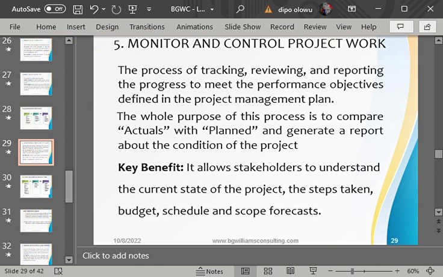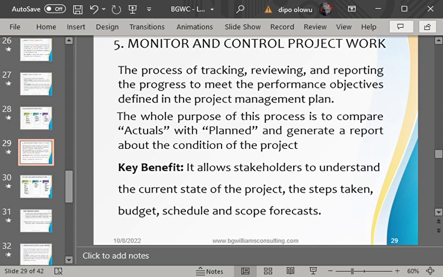So which means from the moment you are starting the discussion of the project, putting plans together, you're supposed to start monitoring so that nobody changes the plan. So don't wait until the work has been done before you start doing your monitoring and control. As a proactive project manager, your monitoring and control actually starts from the moment you are having a discussion of creating the project charter. All right. So what then is monitoring and control?